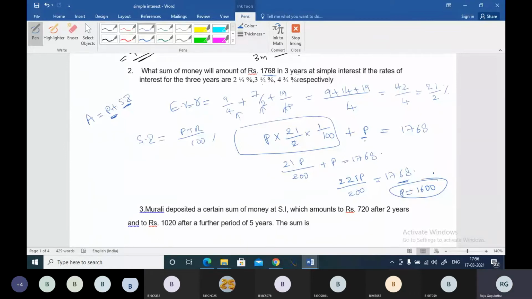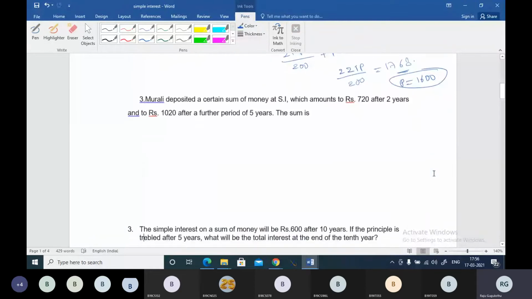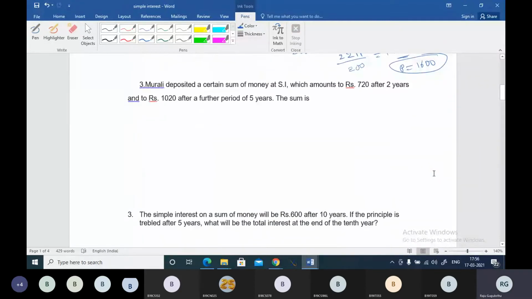Okay, going to the next question. We have question number 3 here. Murali deposited a certain sum of money at simple interest, which amounts to 720 after 2 years and 1020 after a further period of 5 years. Further a period of 5 years, okay? The sum is